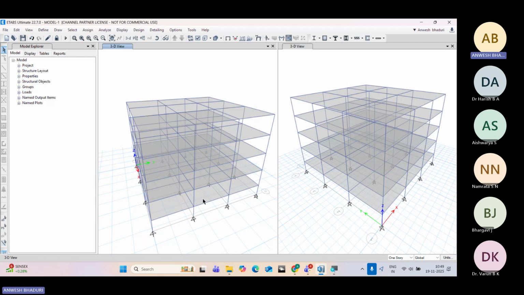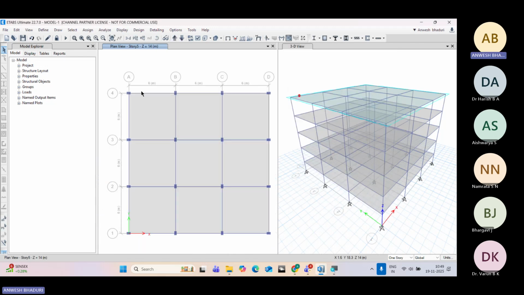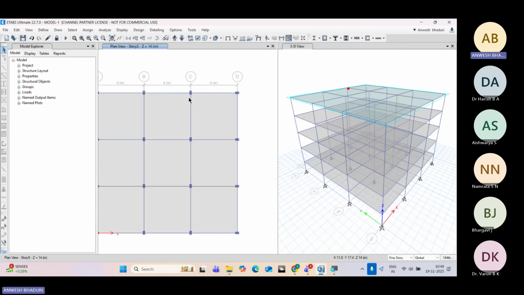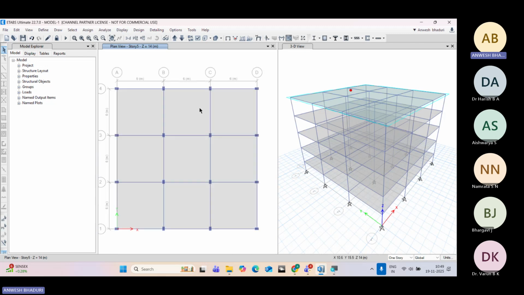Okay, now I will take up another model where the grid spacing in this case was uniform grid spacing. Now we will have a model where the grid spacing is not uniform, right? Where the grid spacing is not uniform, and